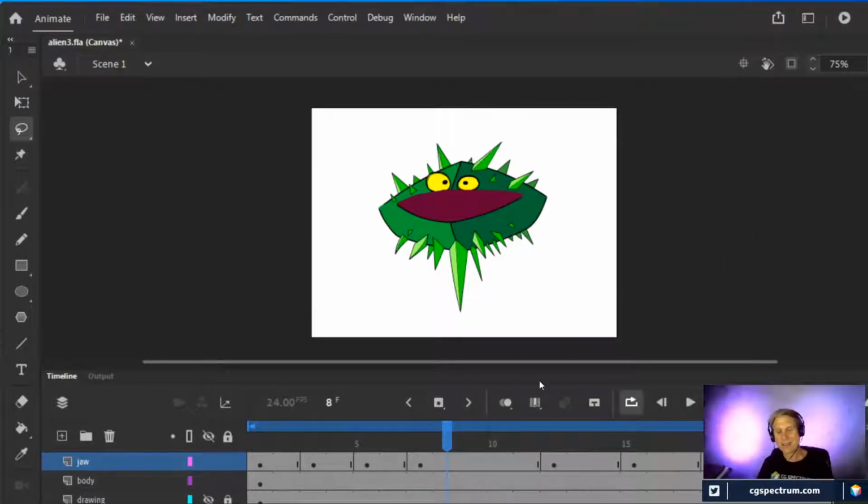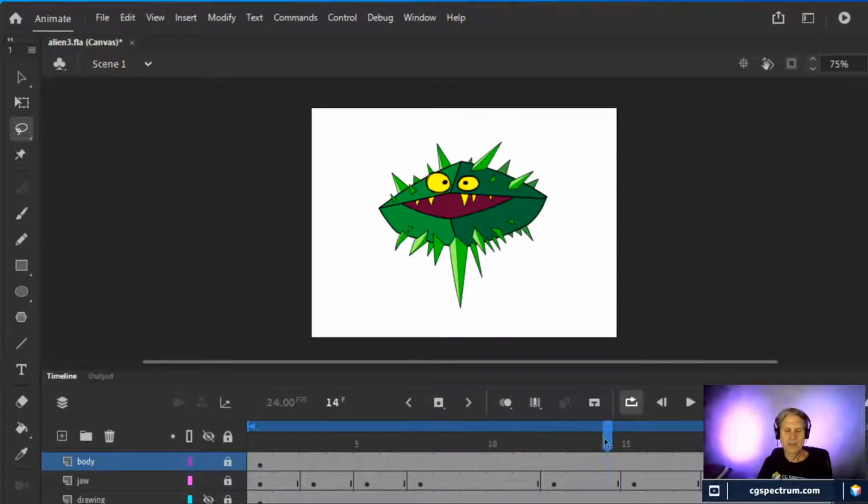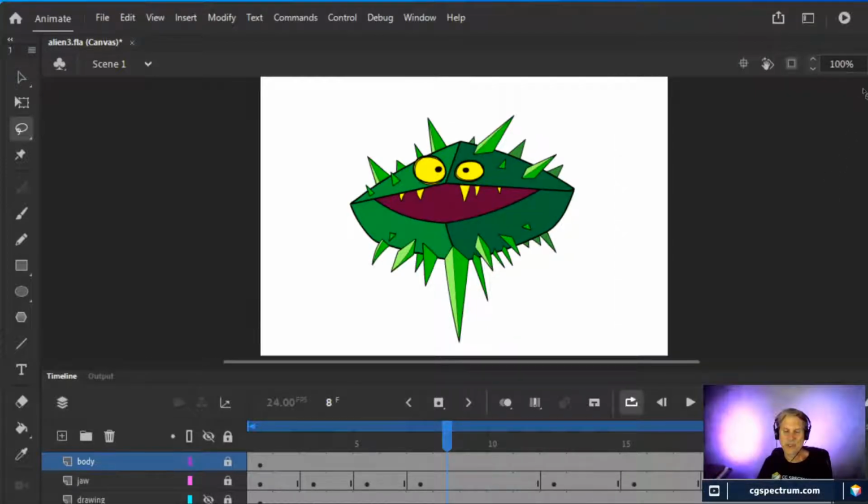Whereas spending a little bit of time going, oh, well, the jaw had to open. That's what the main action with this was. So all I have to do is make sure that the top jaw is hidden behind the body itself, and then make sure that the lower jaw never goes outside of the line of the top jaw, and just look at each frame individually and make sure that they work. And then I've saved myself a whole bunch of extra time.